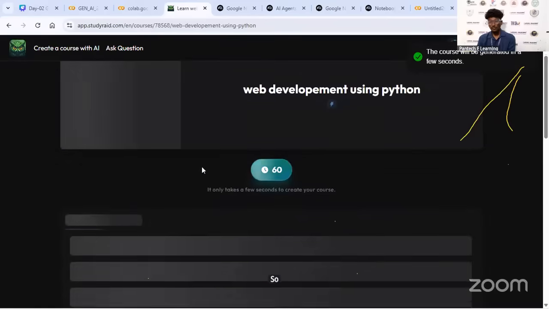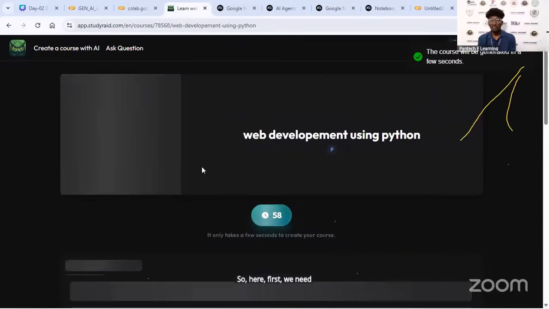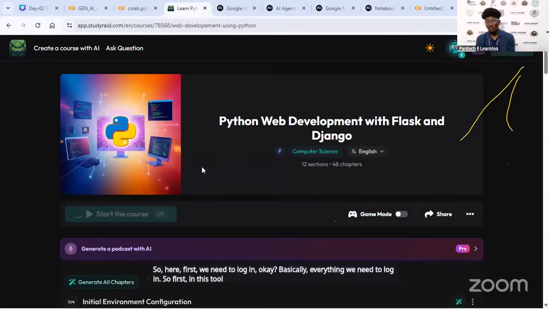Here first we need to log in. Basically for everything we need to log in, so in this tool also we need to log in.